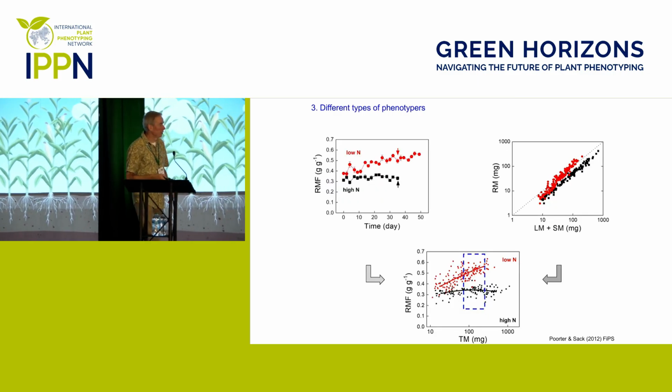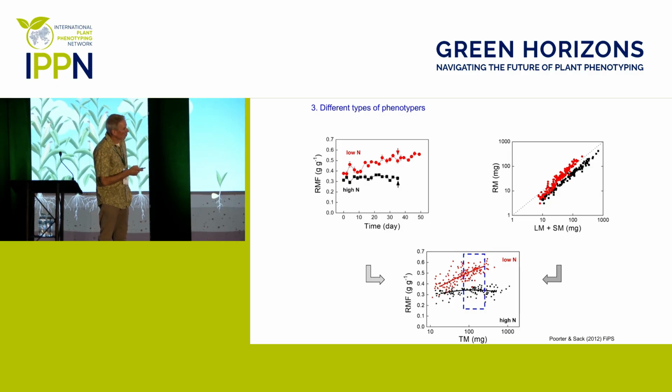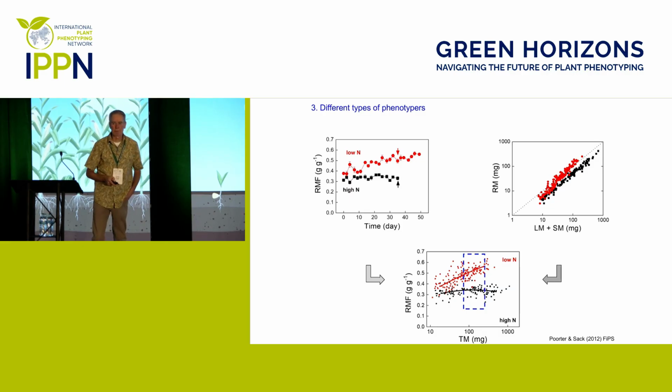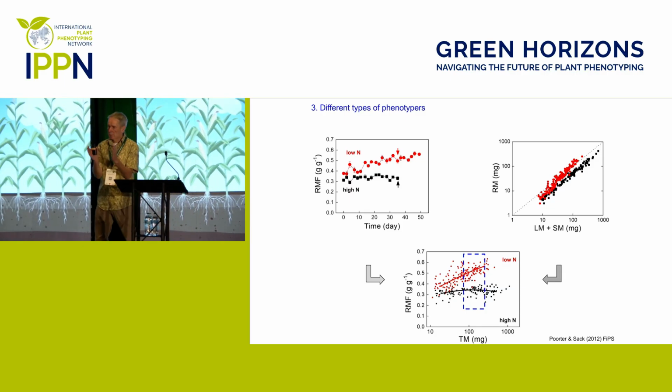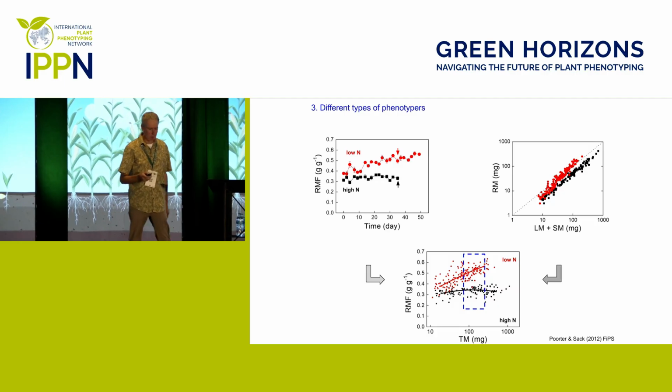So I think life could be much easier if you go kind of in the middle. So here are the data from the type 1 and the type 2 phenotypers, but we could meet somewhere in the middle and say, okay, we could also plot the root mass fraction as a function of the total mass of the plants. And then you see here the black dots, and you can see here the red dots for the two different treatments. And now if you define a certain window in which you say, okay, in this window from 80 to 160 milligram, for example, I compare the points of the plants of the two treatments, and I can see whether they're significantly different or not. Then you have corrected for size. You know exactly over which time window you're doing that, and you have a much better statistical power than when you try to compare two different slopes. So I think this is much easier,